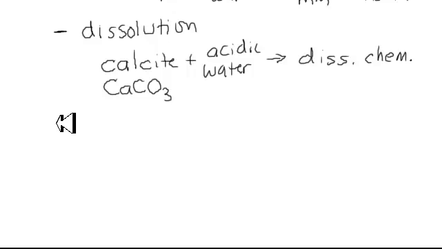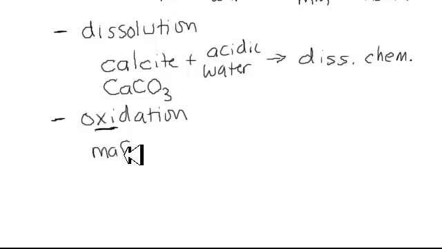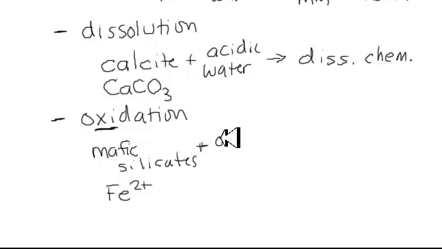Now, our third chemical weathering reaction was the oxidation reaction. It sounds like it involves oxygen, right? And it's usually oxygen that's dissolved in water. So there has to be a certain type of metal in the mineral in order for a mineral to participate in an oxidation reaction. And a good example are our mafic silicate minerals, because they contain the Fe2+ iron, and when they come into contact with oxygen and water,